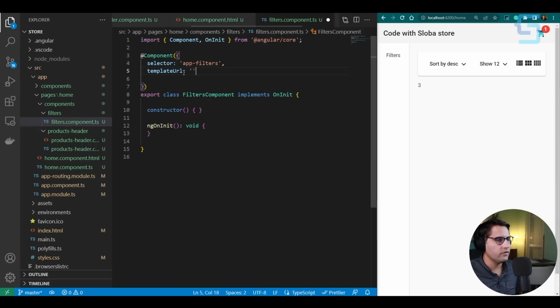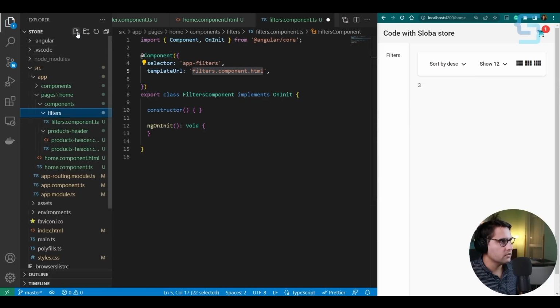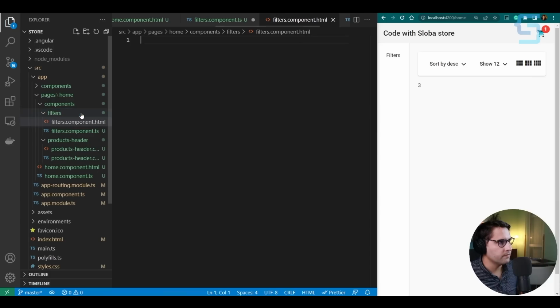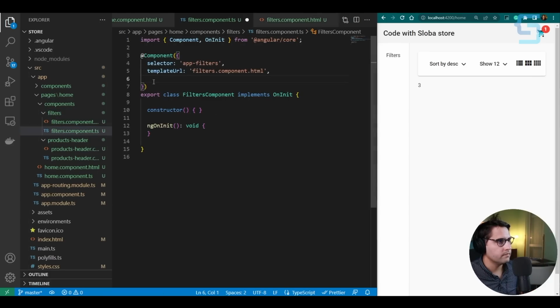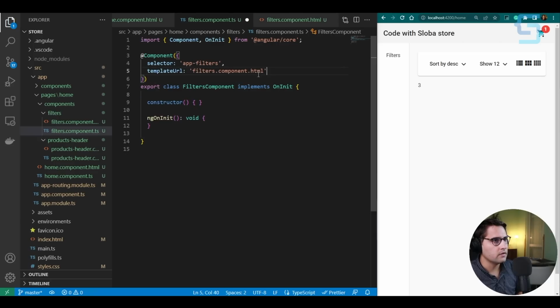And we will create here a new HTML file. Let's call it filters.component.html. So let me copy this name, and here in filters, create a new file with the same name that we just placed inside of the component decorator. Okay, let's first create a categories